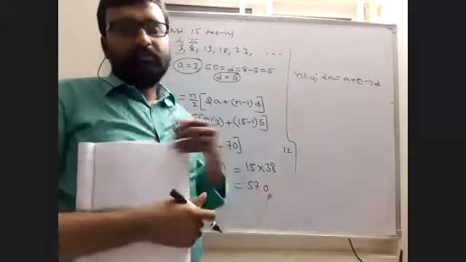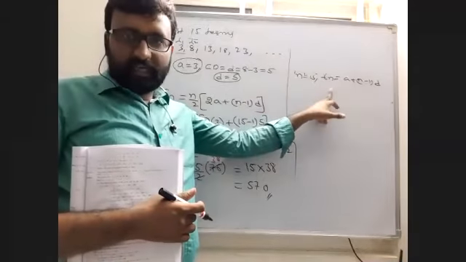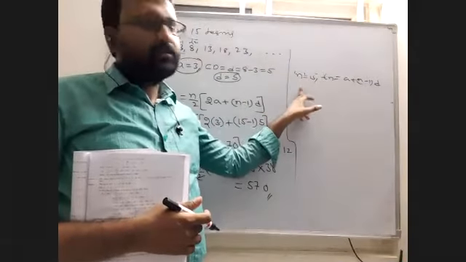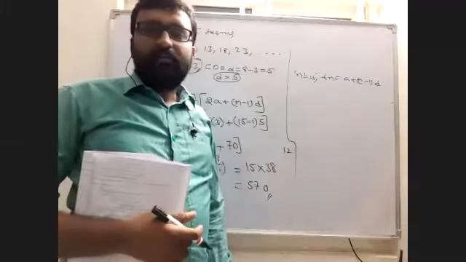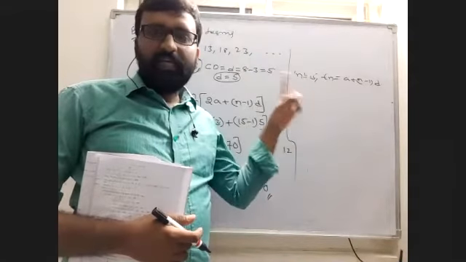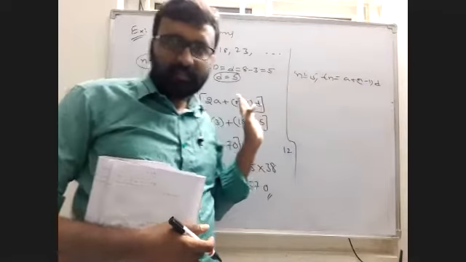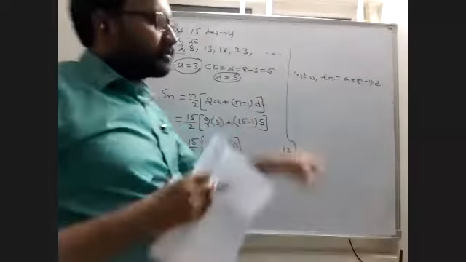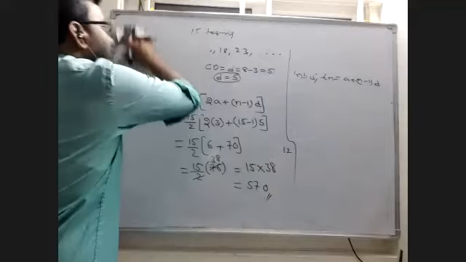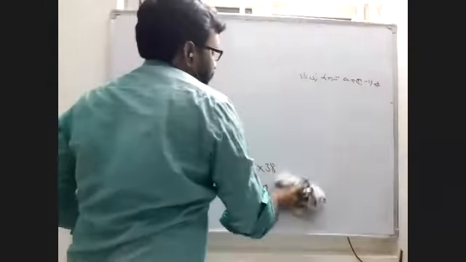Yes, sir. Understand? If n is given, we can find Tn. If Tn is given, we can find n by using the same formula, only the Tn formula. So that is the formula to find n if Tn is given, and to find Tn if n is given. That is the only formula. Understand? Now, this is different. That is the sum of numbers. But why I am telling this, I will tell you. You understood why I gave this n and Tn.